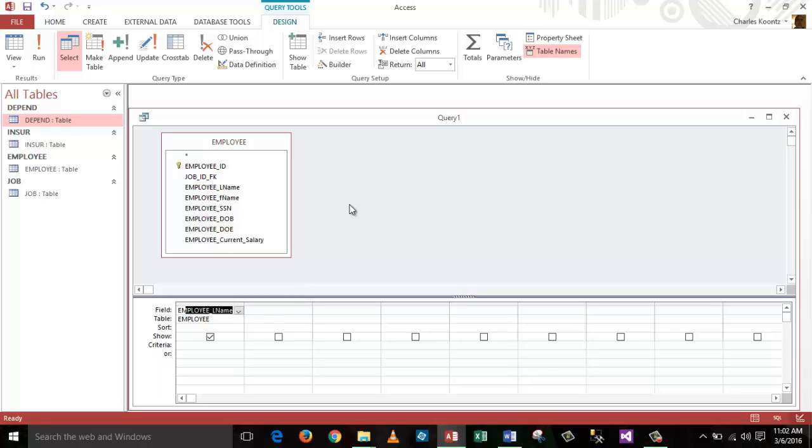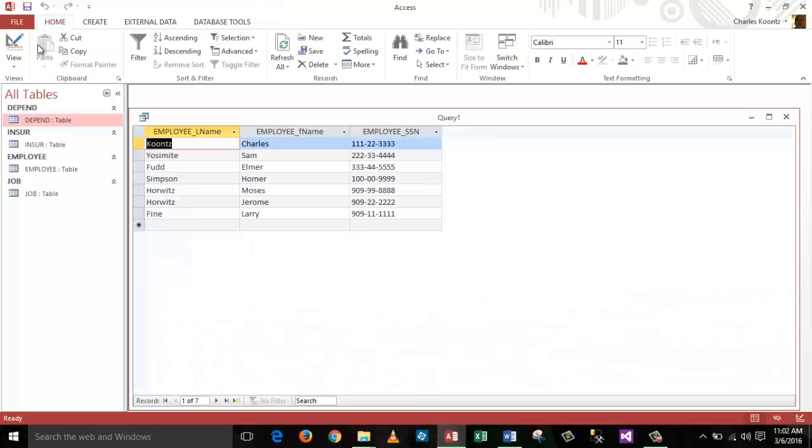And if there's a check in this box, then it will display that column's data in the result set, in the output. And so I'm going to have the last name followed by the first name followed by the social security number. So I just drag and drop. And then to actually see the result set, I can run the query, and there's a listing of all my